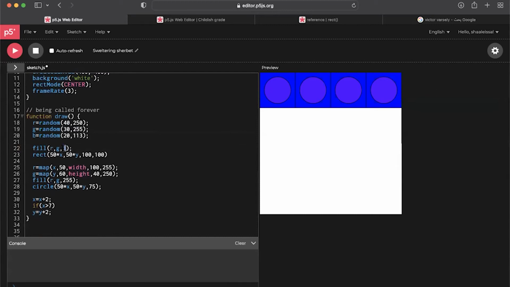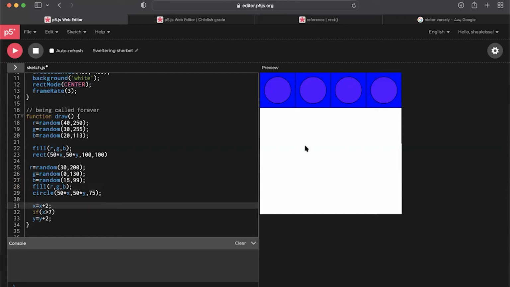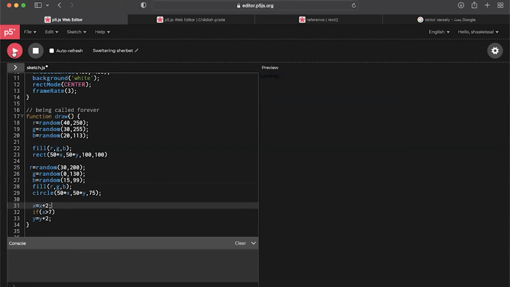And we're just going to change our blue hues and our fill to our P variable. I'll do the exact same thing for my circle, but I'm going to change the range right here. From 0 to, and here let's go from 15 up to 99. And now when we hit run,